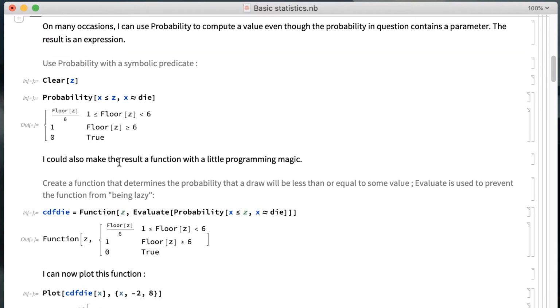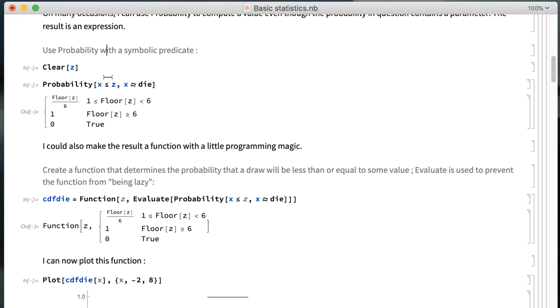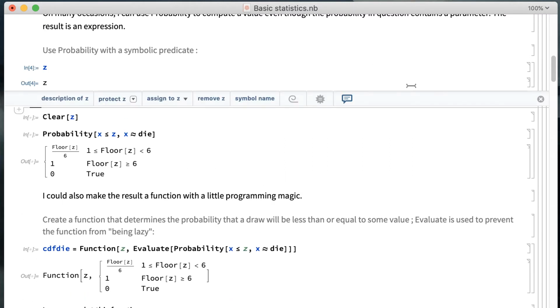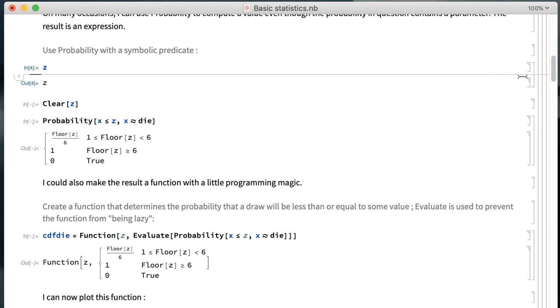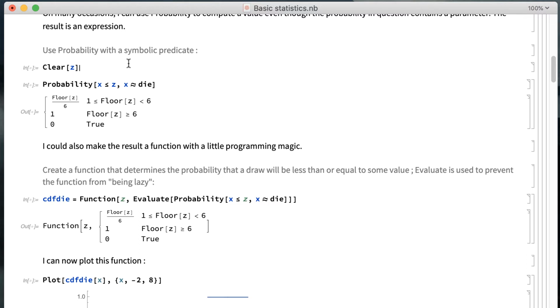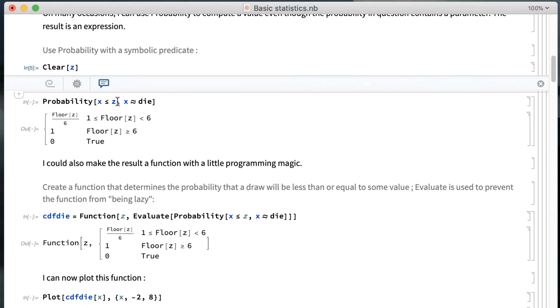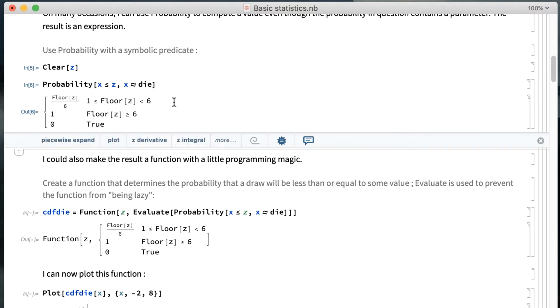All right, let's take this the next step up and ask now not whether x is less than 5, but whether x is less than some symbol z. And z has a definition lurking around, I believe. It didn't, but if it did, I would want to clear it. So let's just, for good programming hygiene, clear z. And now let's compute the probability that a value x drawn from, or an x distributed as, that's what that squiggle means, distributed as the die distribution, what's the probability that that value would be less than or equal to z? And so we get a piecewise function, so that if the floor of z, that is rounding z down,